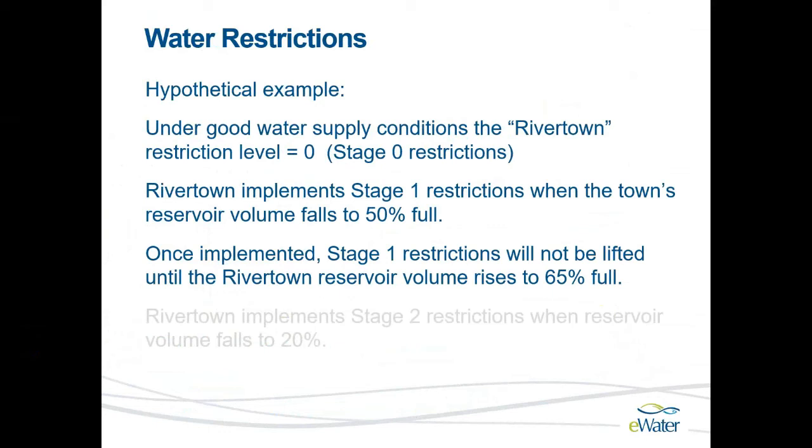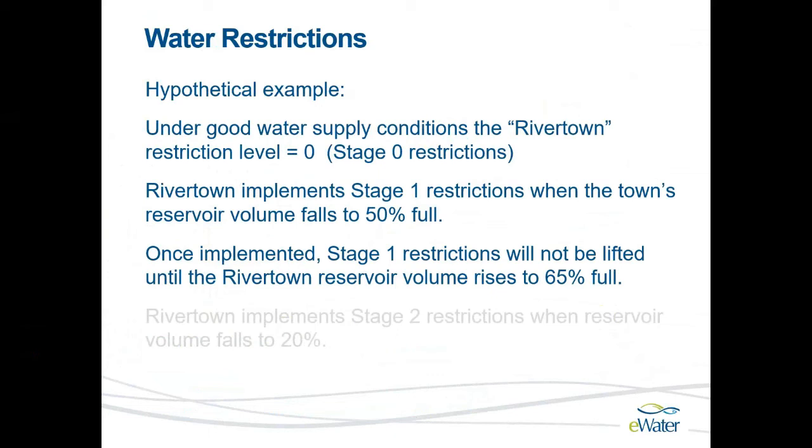When the town's reservoir volume falls to 50%, stage 1 restrictions are implemented. And stage 1 restrictions might be the sort of things that we're aware of in Australia, you know, the sort of you mustn't water your lawn type restrictions. And in River Town, once implemented, these stage 1 restrictions will not be lifted again until the reservoir volume rises to